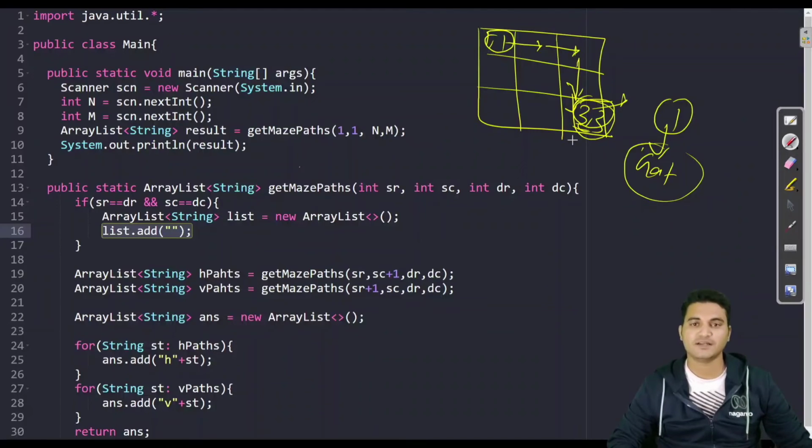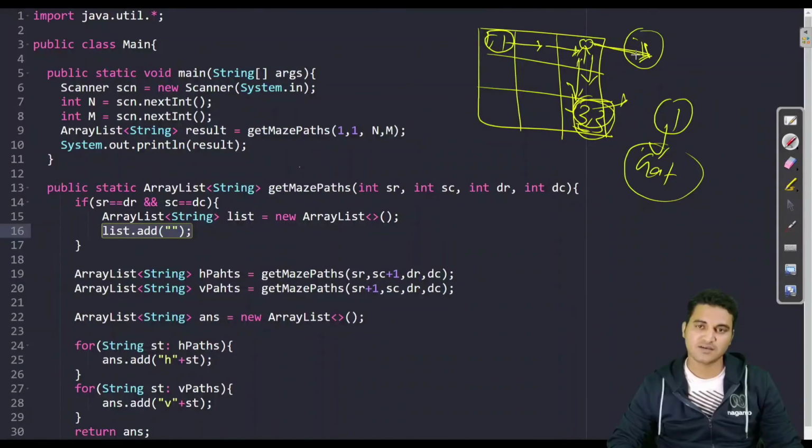And let us say we were standing in this box, fine. So from here, what are the choices you have? You can either make one call to horizontal, or you can make one call to vertical. But when you make one call to horizontal, then you are out of the boundary. That means you cannot do anything from here.